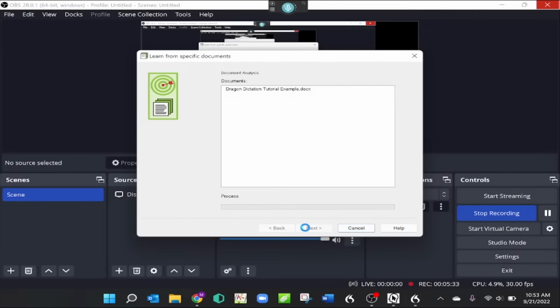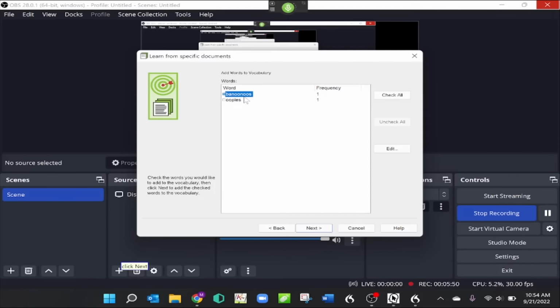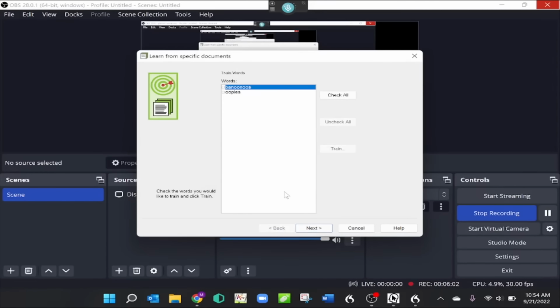And then next. You could say click next. You don't have to do this with a stylus. So check it out. It's working. Wake up. Click next. Go to sleep. Now we're going to check these boxes here. Check all. And we're going to teach. Now they're in our vocabulary, but Dragon needs to know how we enunciate them. Check the words you'd like to train, and then click train. So we're going to train these words.